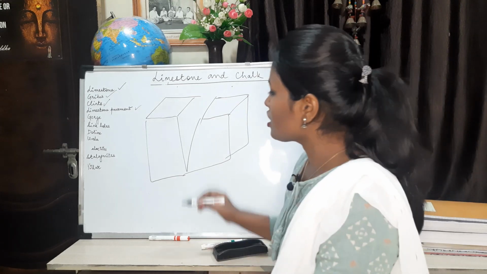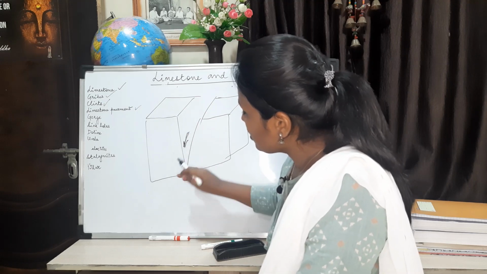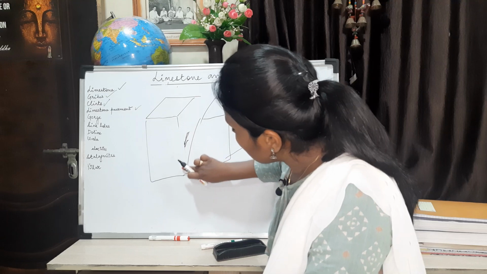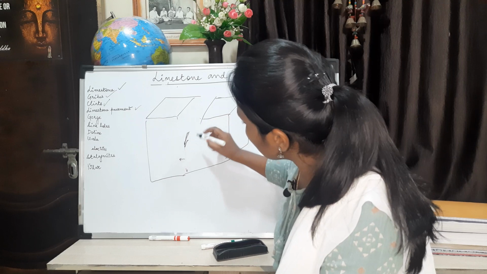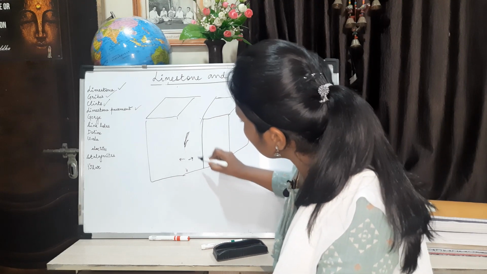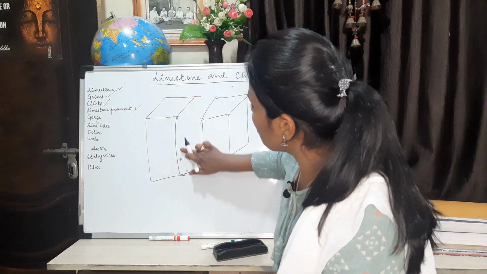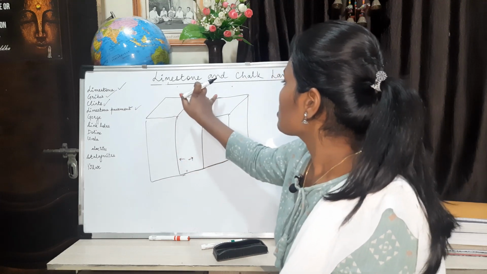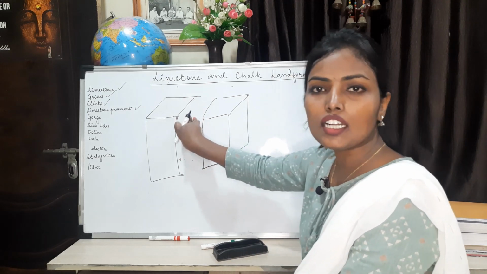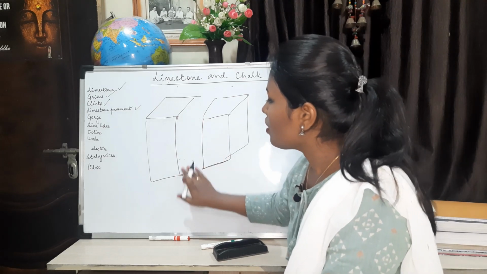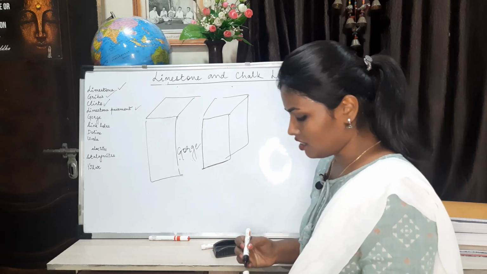Now as time passes and more water passes through this valley or grikes, this vertical section of the rock tries to move away. This will move away and form a perpendicular trench kind of thing. This is called a gorge. So this whole rock has been cut apart into two pieces, and this is called a gorge. So we are done with gorge now.